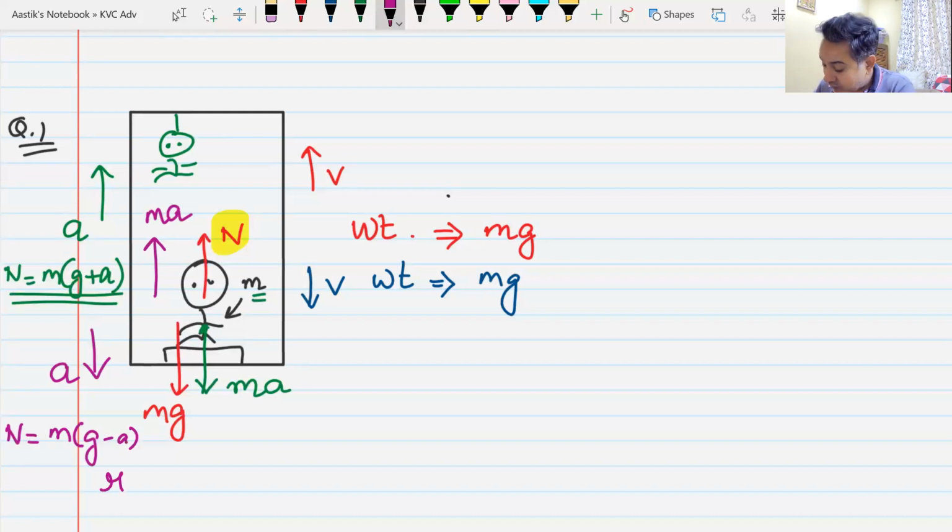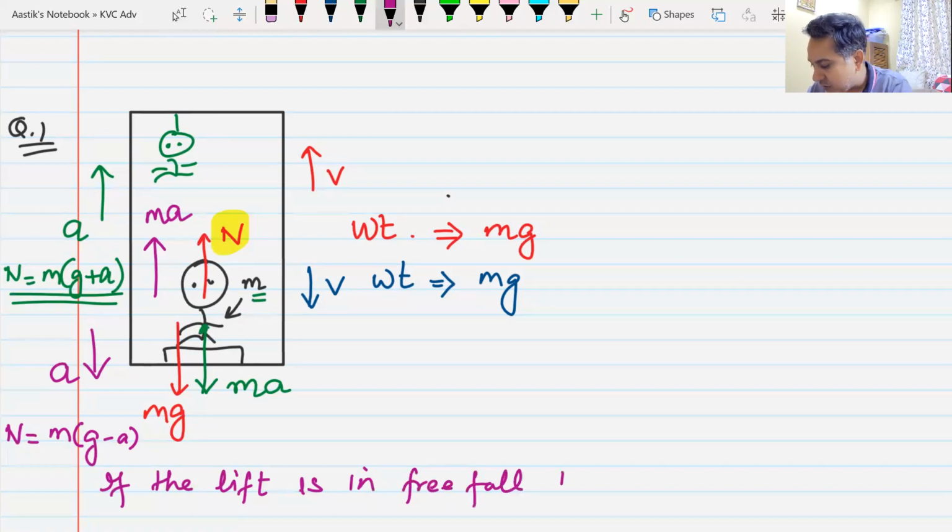Now, if the lift is in free fall, the link has broken, the rope has broken. If the lift is in free fall, the acceleration a will become equal to g, then the normal reaction will be 0, and the reading of the weighing machine would be zero. Do we understand this? Because both the weighing machine and the man will be in free fall, and the lift also in free fall. They will not be able to exert any weight or normal reaction on each other. This is an implication of this